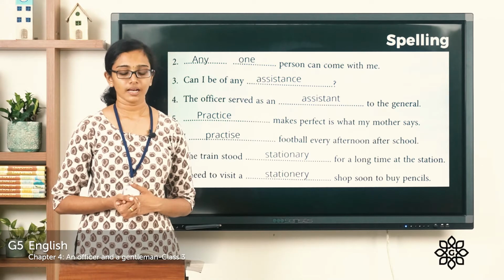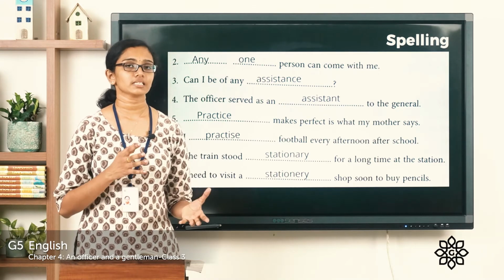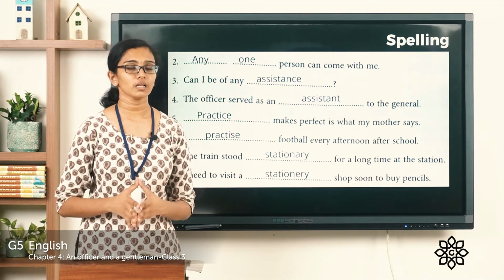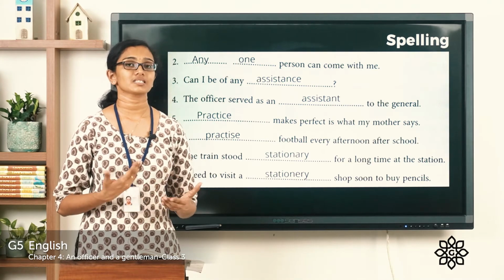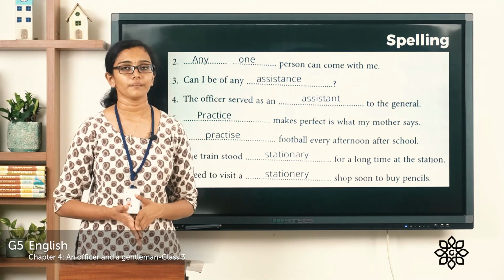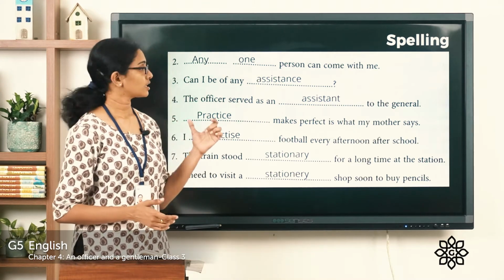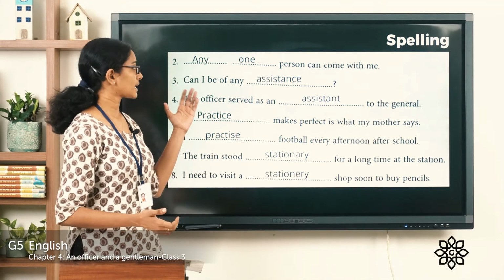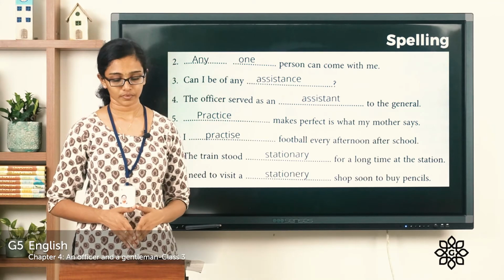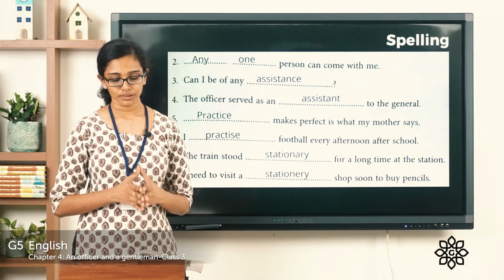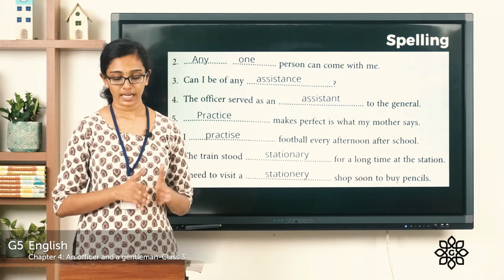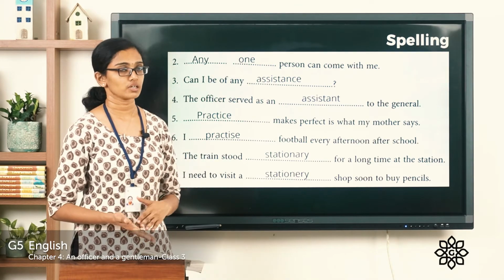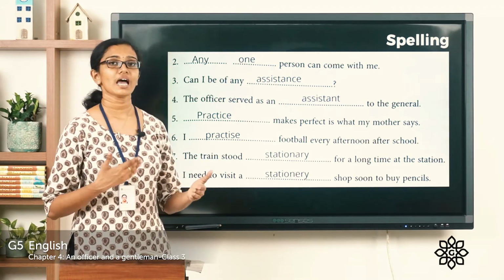Both these look similar, but the word assistance means help, whereas the word assistant means the helper. So here what should come? Can I be of any assistance, which means can I be of any help? And question number 4, the officer served as an assistant to the general, means the officer served as a helper